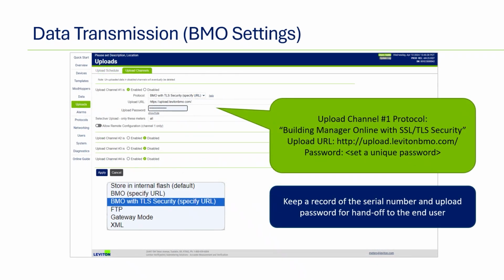This section shows the typical settings to send data to Leviton's Building Manager Online. Set the scheduled upload time. Connect every 15 minutes. Set Upload Channel 1 protocol to Building Manager Online with SSL/TLS security. Enter the upload URL